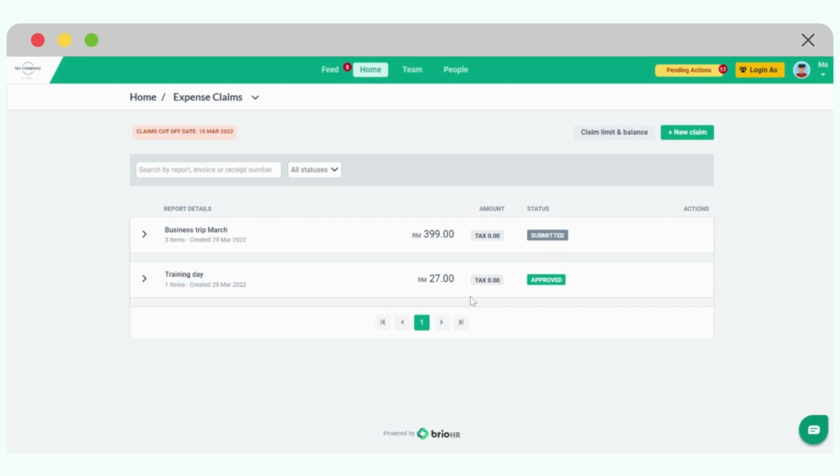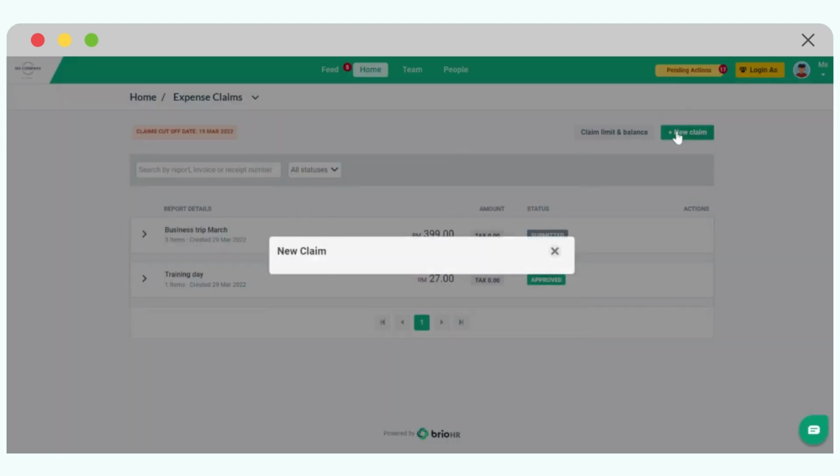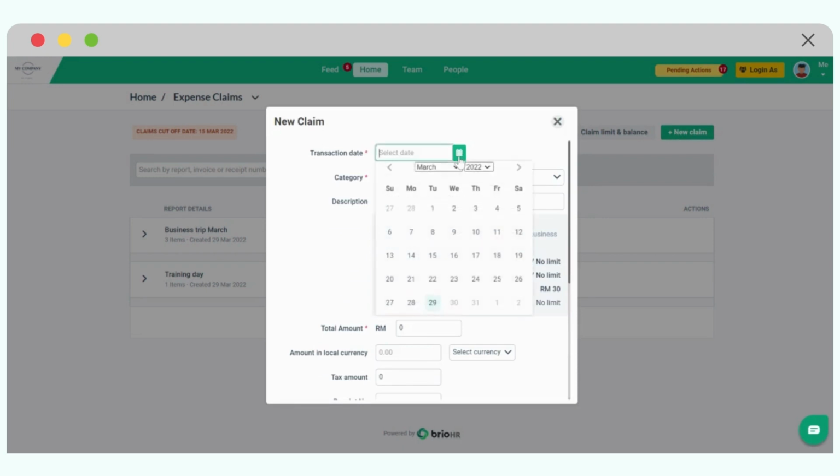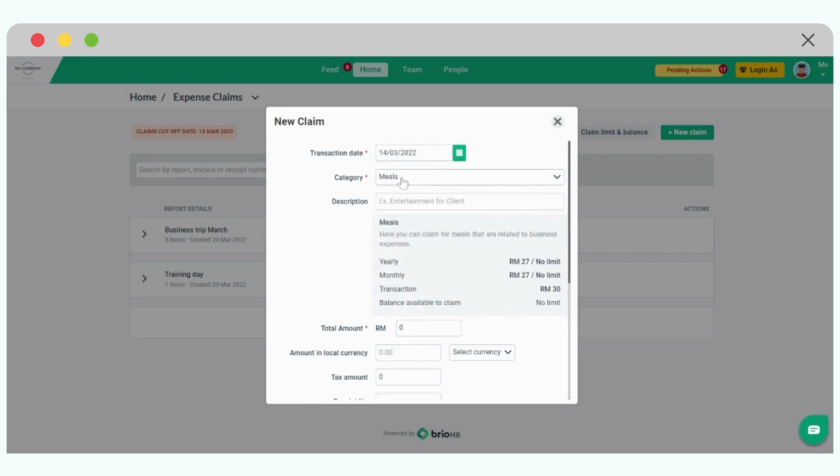So it's very easy. Now, if I want to create a claim from scratch, I will simply have to click on the new claim button, choose the right transaction date, and choose what type of claim I want to make right now. Is it a meal? Is it mileage travel? Is it non-mileage travel, such as a plane or anything like this? Is it a medical claim for outpatient expenses? Is it a hotel, parking, or many other areas? All those categories can be defined by your company depending on the expense claims policies and frameworks.